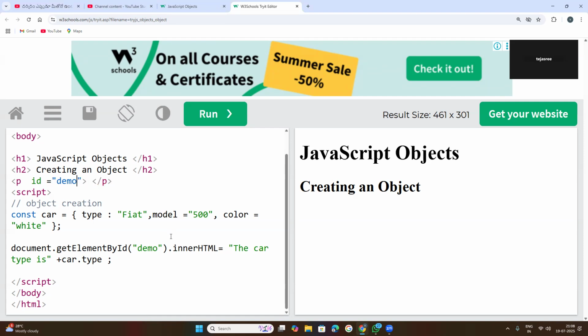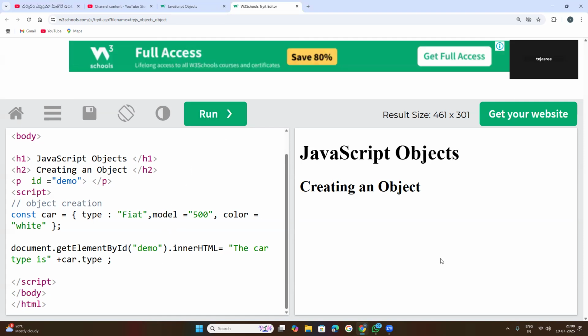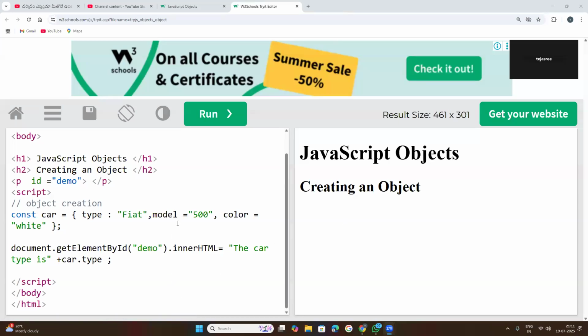Understood that? So now let us try to run this code. Still, this is not running. So what we have done here: whenever the pair is being defined, at that moment don't use this equal to. That is the mistake. And the key and values, they must be written